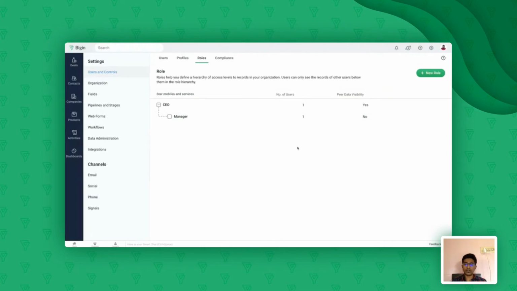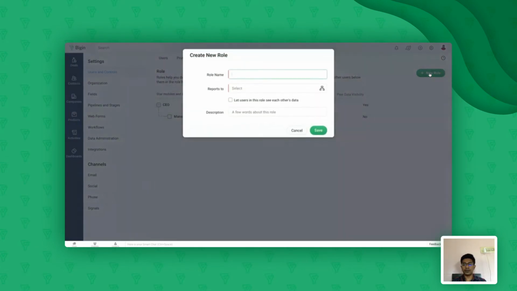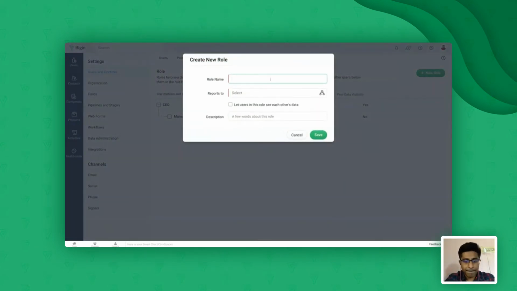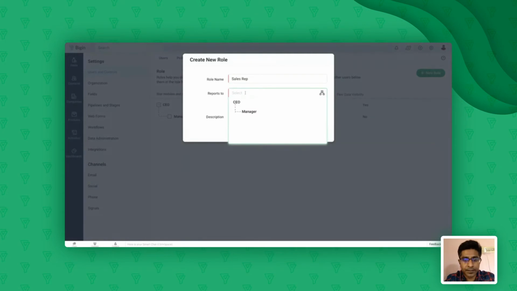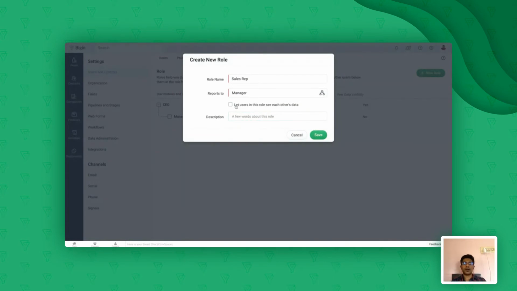If you have multiple hierarchies in your organization, you can create roles as well. If you want to create a custom role, you can just go here and click on the new role icon. I'm going to call it sales rep and make it report to the manager. Now this is very important here.